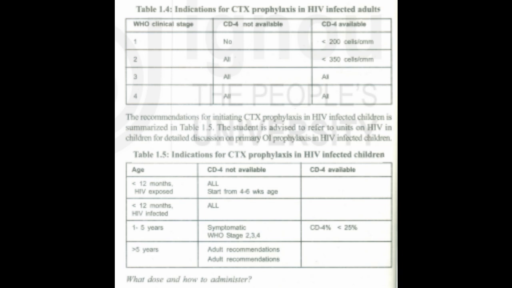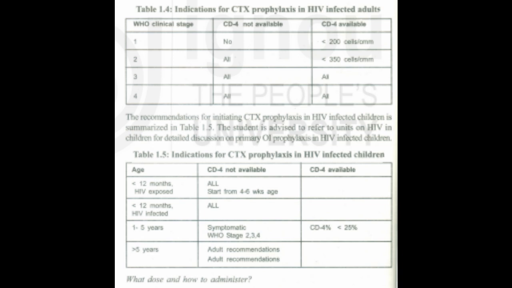Look at the screen. INH prophylaxis for prevention of tuberculosis is not recommended for adults with HIV infection in India. The high prevalence of TB in the community and the risk of development of INH resistance by the mycobacteria are the main reasons. This is covered in more detail in the units on tuberculosis, and the student is advised to refer to these units. In children, INH prophylaxis is recommended at a dose of 5 mg per kilogram per day for 6 months. There are reports of increased incidence of drug resistance among common pathogens on prolonged use of CTX.